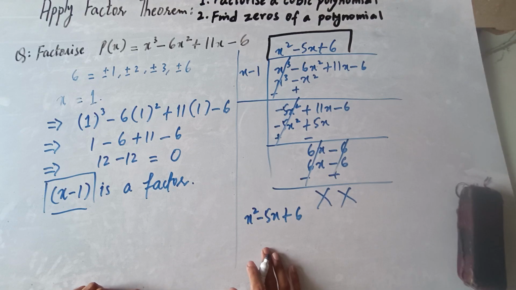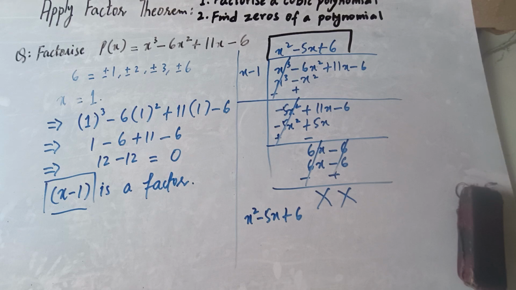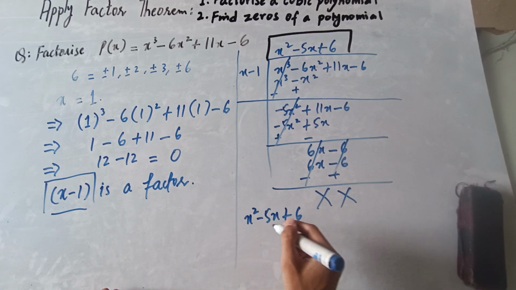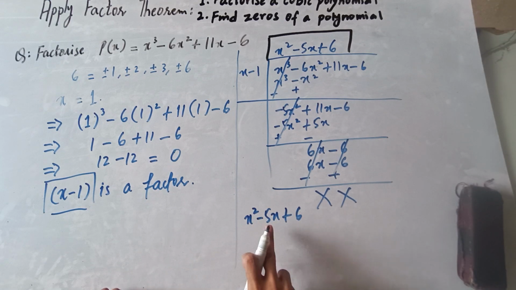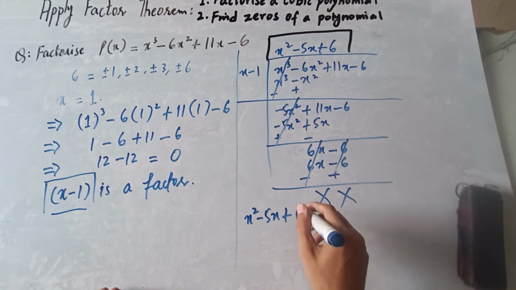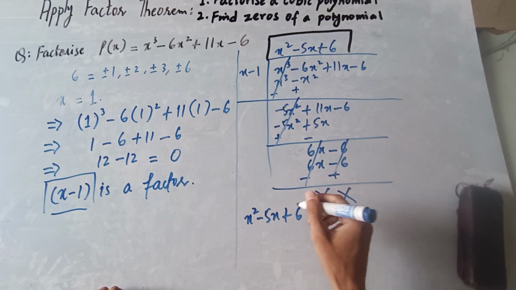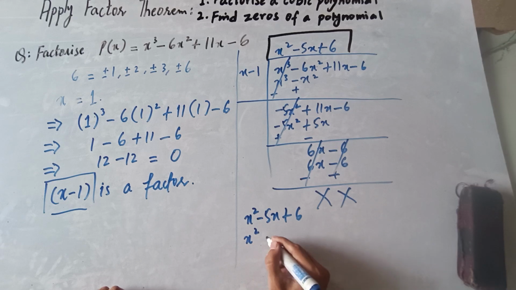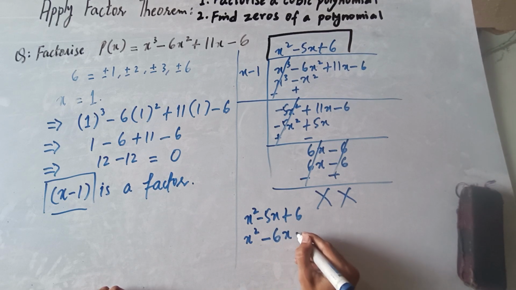So what will we get by doing middle term breaking? The product of the first term and the last term is 6, and in the middle term it is written minus 5. So we can multiply minus 5 by 1, or maybe 2 multiplied by 3. These are the 2 possibilities. So what should we take? As we know, if we take 5 and 1, we will not get minus 5 over here, or there is also the factor of it 6 into 1. So how will we get 6 and 1? 6 minus 1 is 5, but we will take the bigger number with a negative sign, as we will need minus 5x over here.